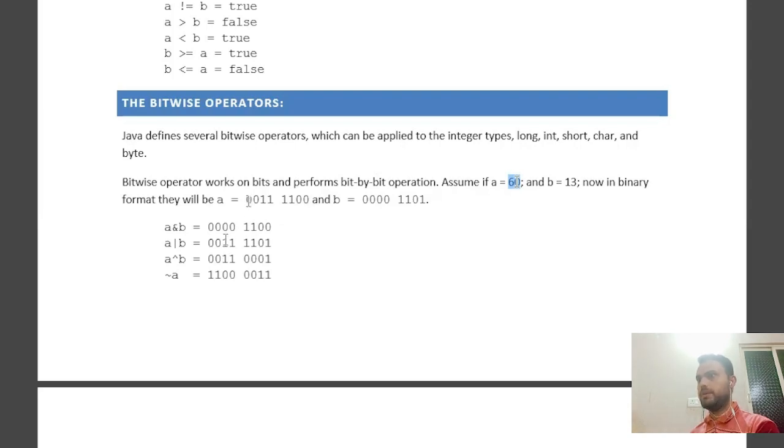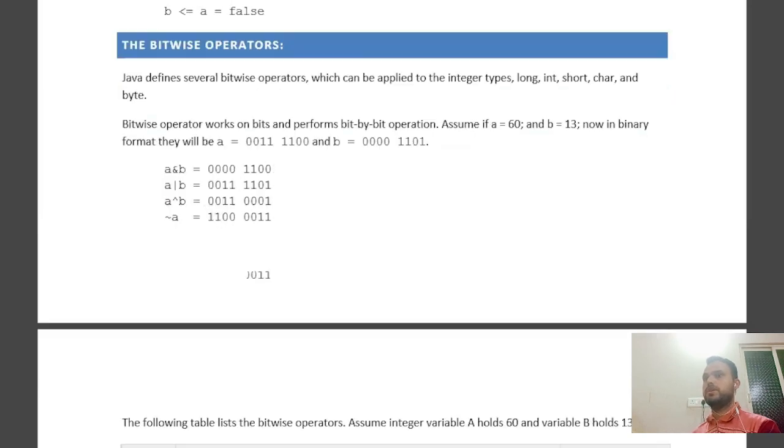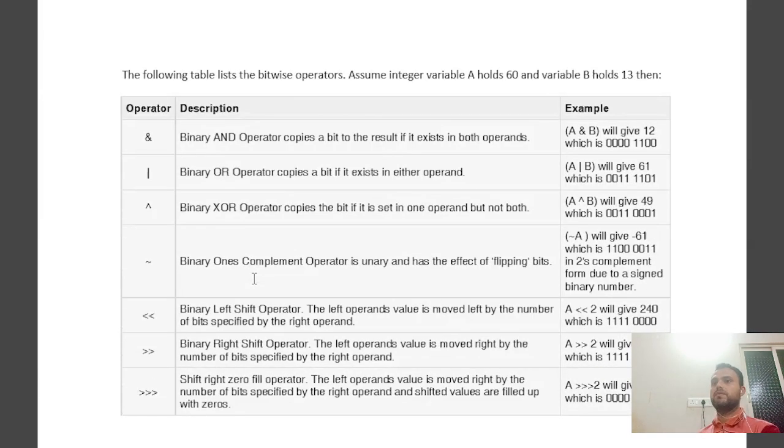You have to go on dividing. So here is the a and b operator, here the a or b operator, here a XOR b, and not a. These are the operators. So the bitwise operators are here. See what the value is. A and b will give 12, which is 0 0 0 0 1 1 0 0. How can we AND? And means